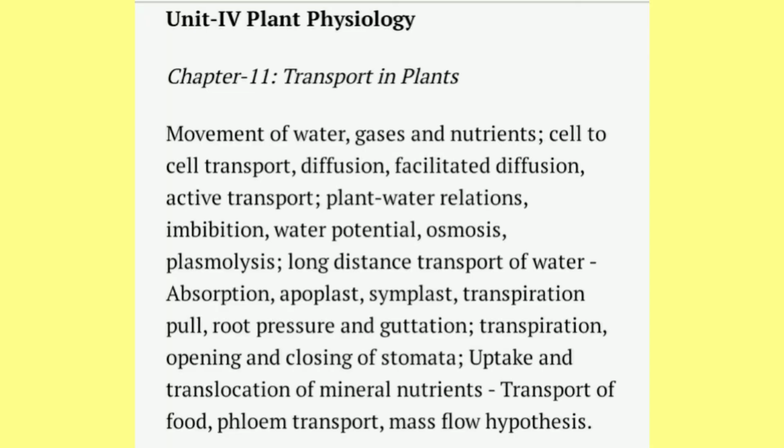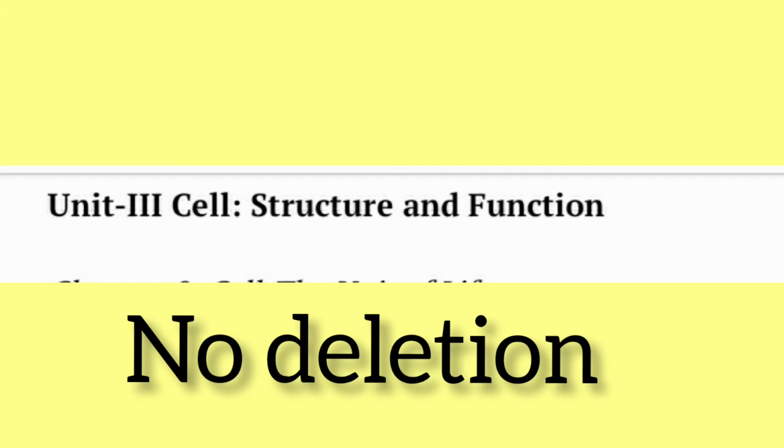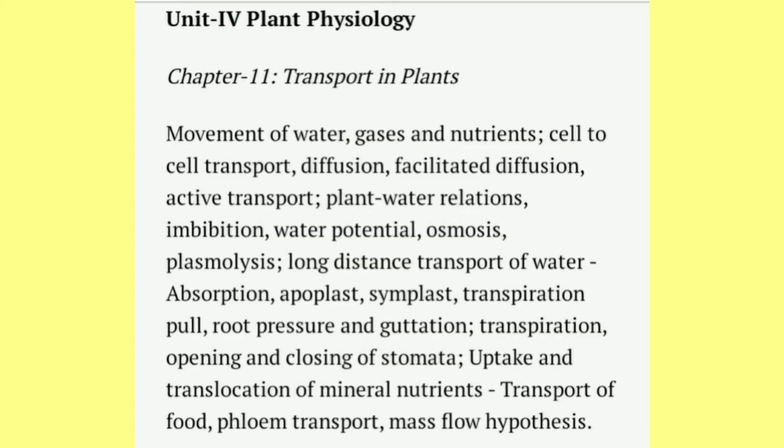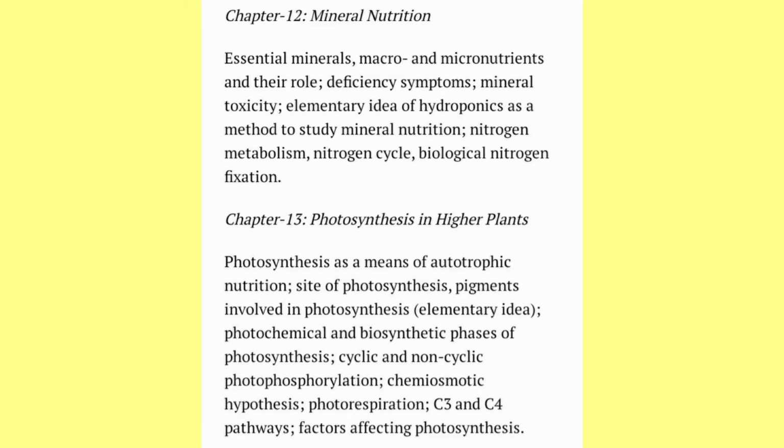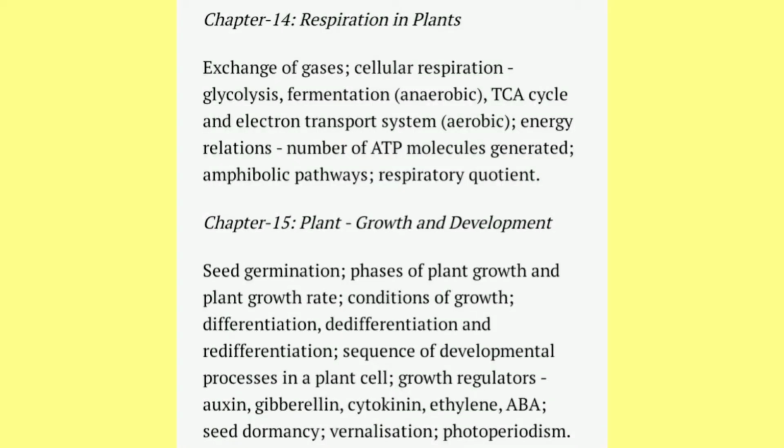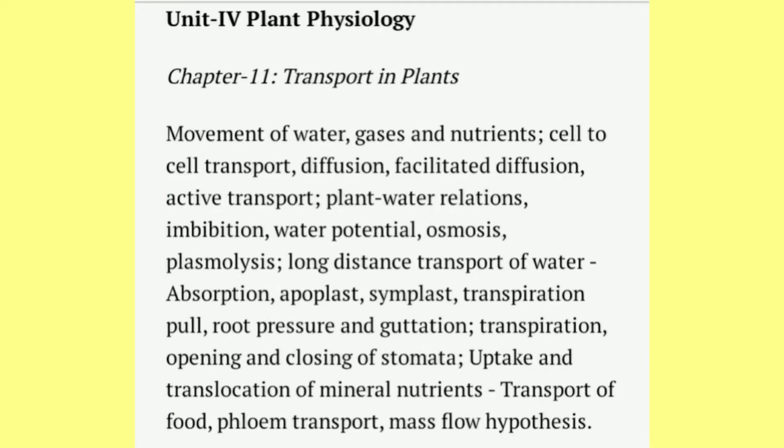So next comes unit 4, plant physiology. Here you see unit 3, that means in unit 3 nothing has been deleted, so you have to learn the whole unit 3. Unit 4 has chapter number 11, 12, 13, 14, and even 15. So chapters 11 to 15 make up unit 4. From here chapter 11, transport in plant, almost the entire chapter I can see is deleted,